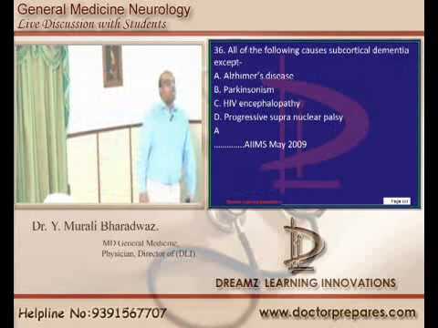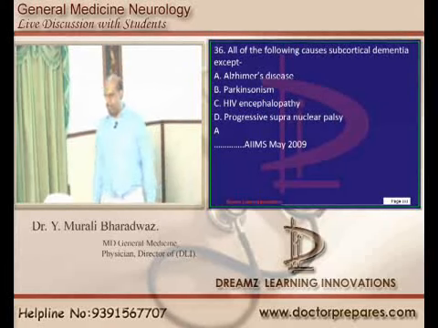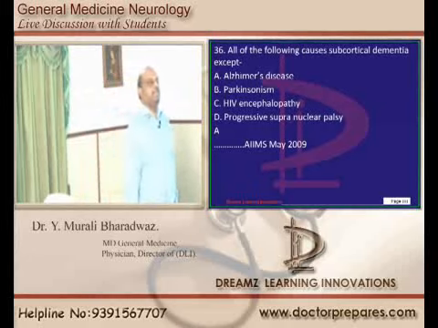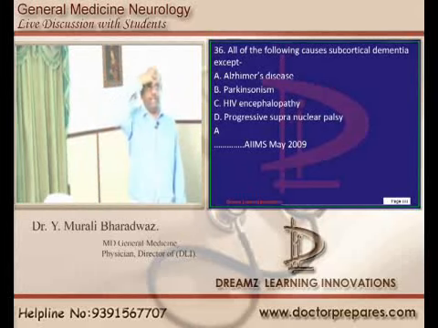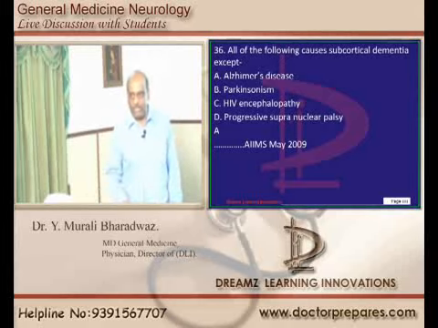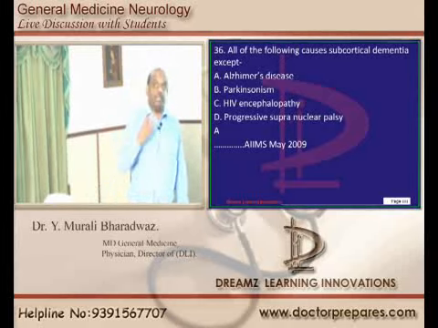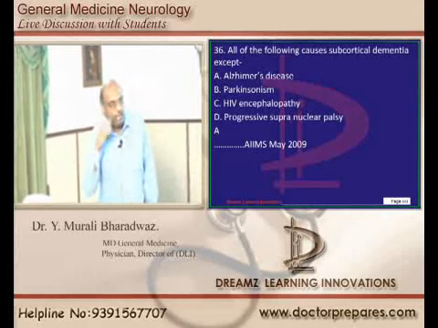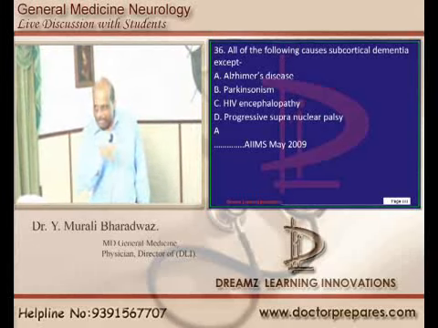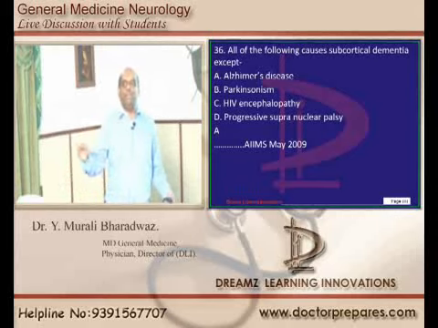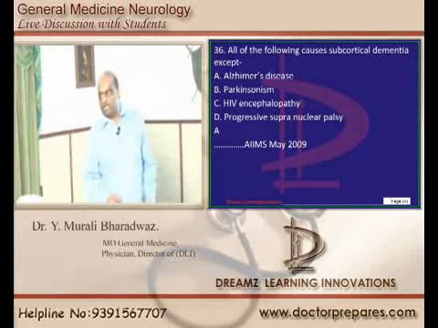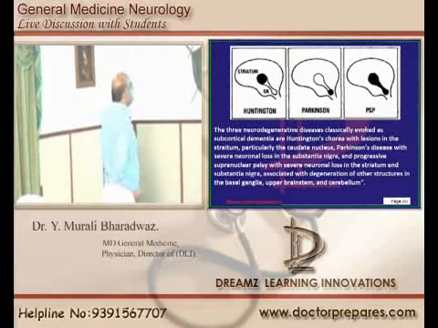Now what are the causes of subcortical dementia? We may forget because of two reasons. Brain forgot or brain's juniors forgot. If the dementia is occurring because of cerebral cortical level, you call it as cortical dementia. If our memory is also dependent on the centers located below the cortex, in the basal ganglia, amygdala, limbic system and all, then it becomes subcortical. One of the favorite questions of the examiner is, how do you differentiate cortical from subcortical dementia and what are the causes? In this case, there is no big deal.